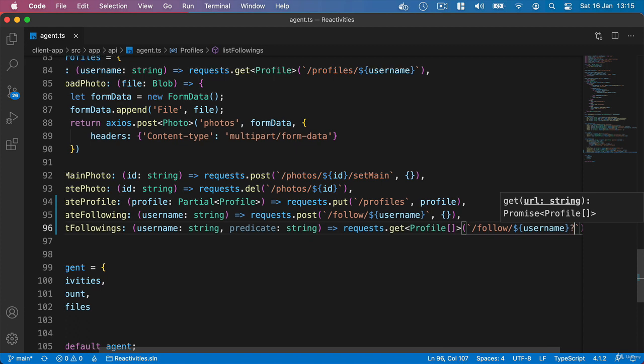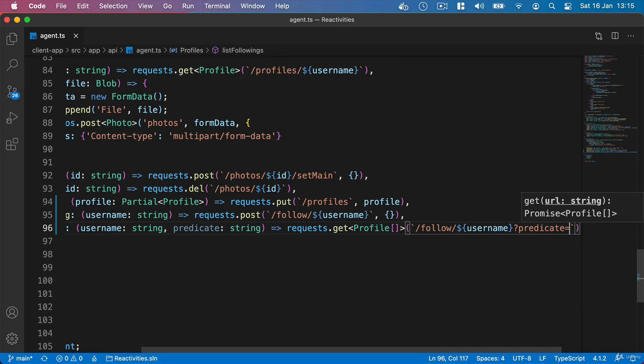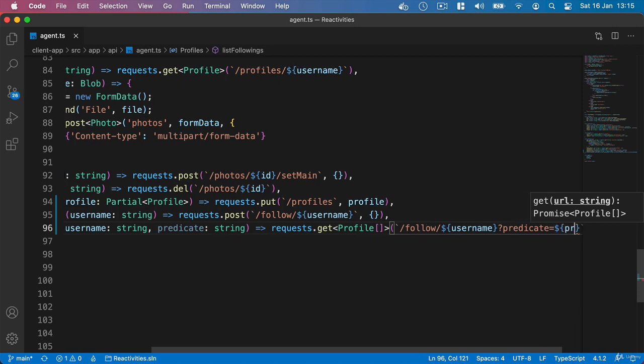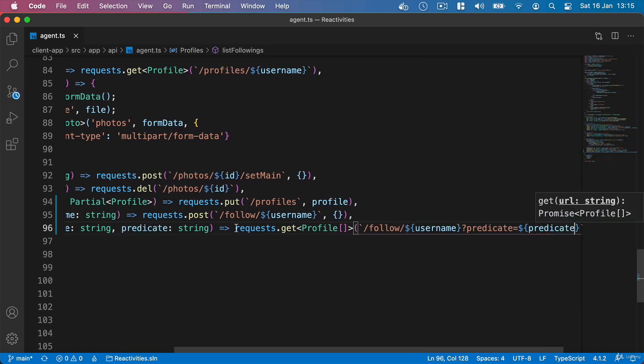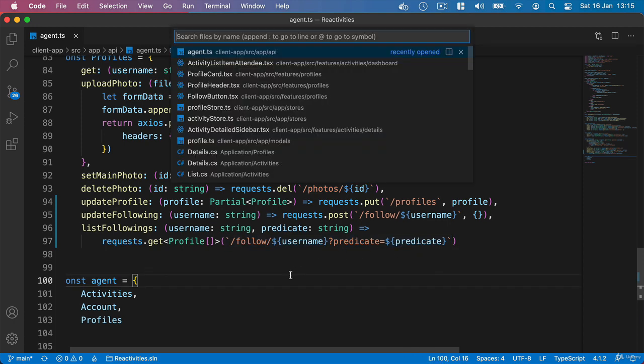And then after the username we'll add a question mark for the query string, and we'll specify the predicate equals, and then we can say $, curly brackets, and predicate. And let's just move this down. So of course this matches what we're looking for, or our endpoint in our API. And what we can do then is we can go over to our profile store,